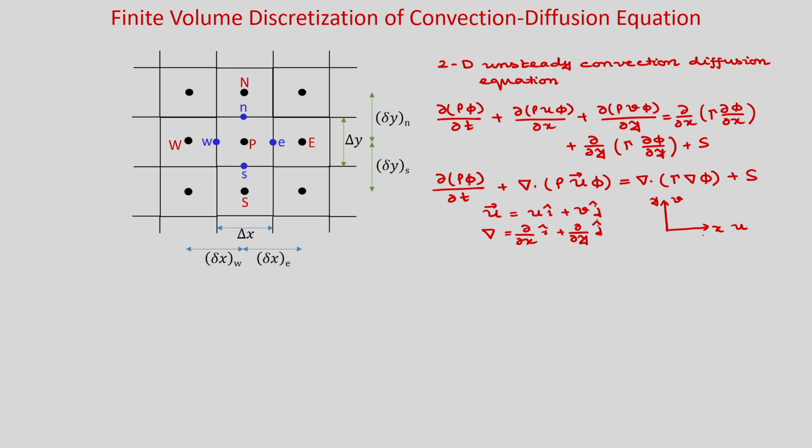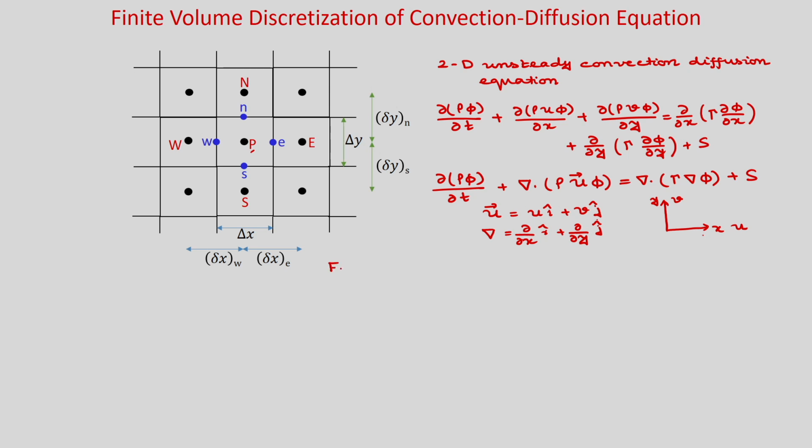So, this governing equation we will now integrate over the main cell P. You can see this is your main cell. In this main cell P we will integrate, and these are the face centers, E, small n, small w and small s, and these are the neighbors. Our variable values are available only at the nodes, capital P, capital E, capital W, capital N and capital S, but we need to interpolate the value if required at the face center.